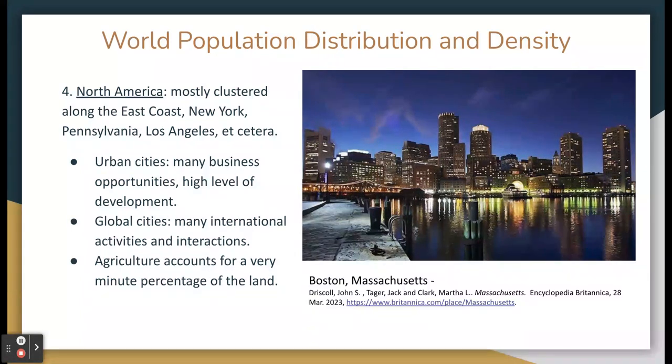The fourth population density is in North America. Most people are clustered along the east coast of the United States, such as New York, Pennsylvania, Boston, and etc. Additionally, in Los Angeles and some cities in Canada,